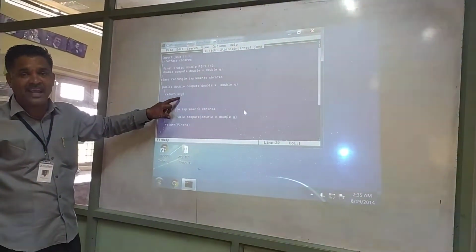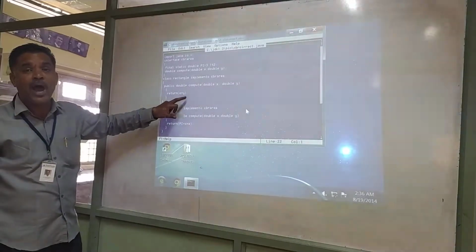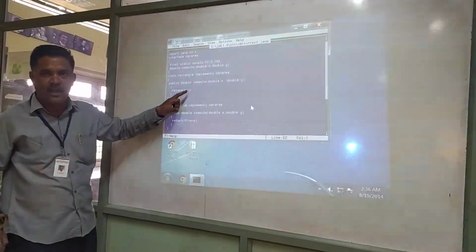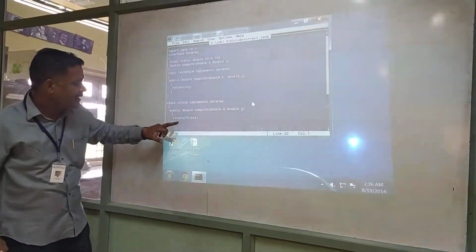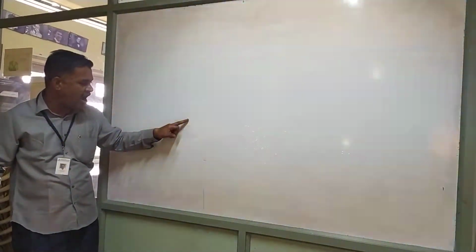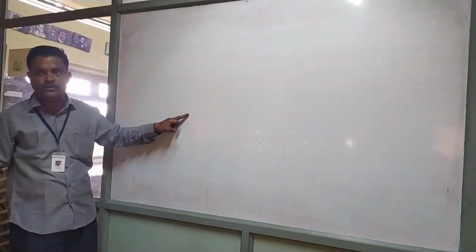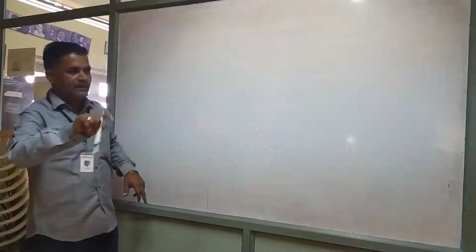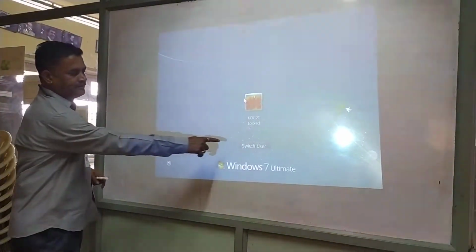Area of the rectangle is breadth into height. Here breadth is x, height is y. Area of the circle is pi r square, pi r into r.